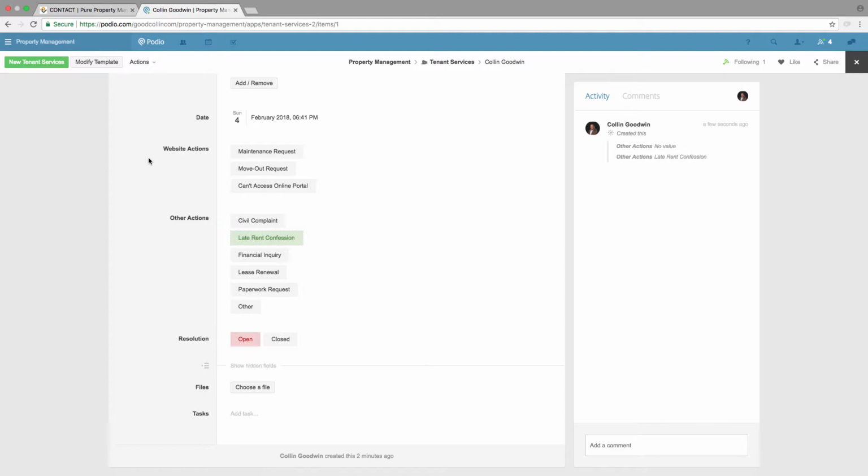Now, there's some other options, a civil complaint, and where that comes into play that's really helpful is if we do have a civil complaint, we can start documenting these things and keep up with them. Then we can tag it against a specific property, and as time progresses, we have a history of all these complaints. Financial inquiry, lease renewal, paperwork requests, there's an unlimited amount of options that we could use here,